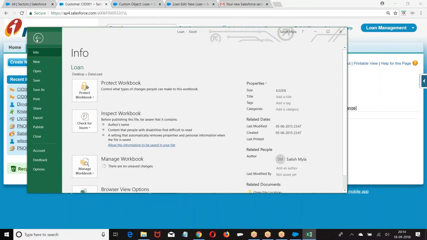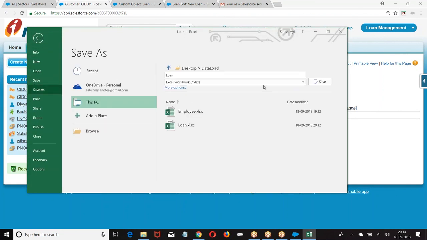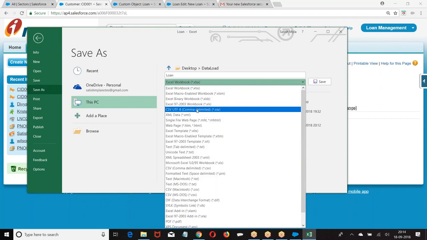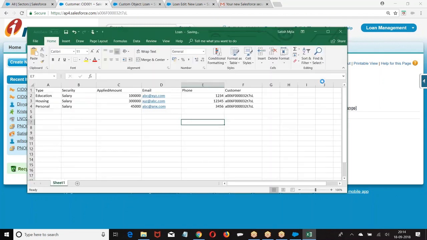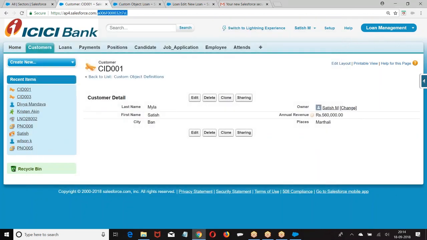ID of the master record. We are supposed to pass ID of the master record. Boss, if there is any lookup field or a master detail field, which data you are supposed to pass? ID of the master record. Now in the column, I kept ID of the master record.